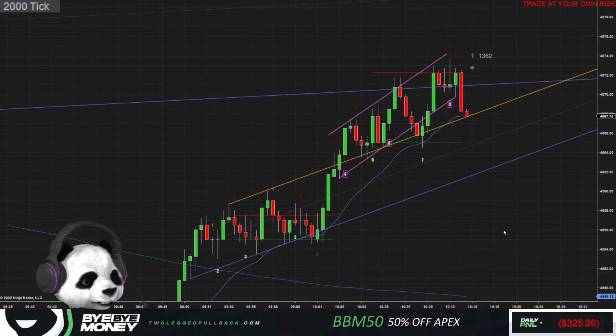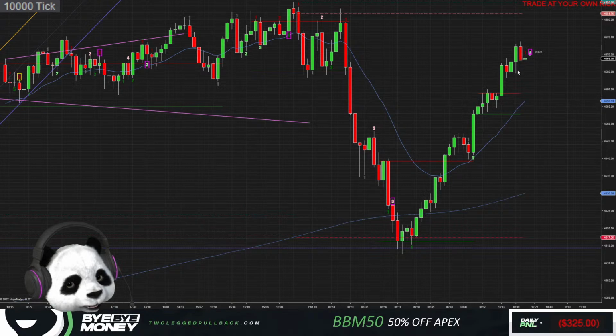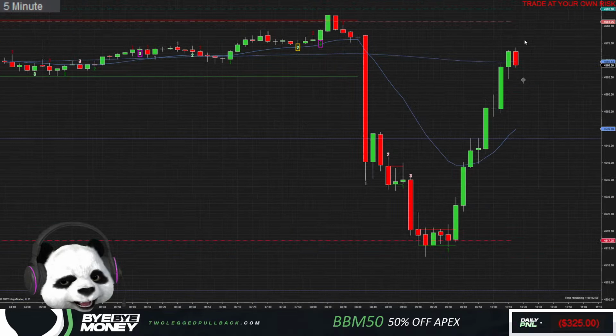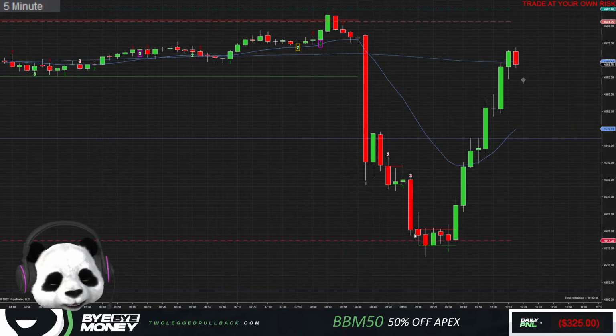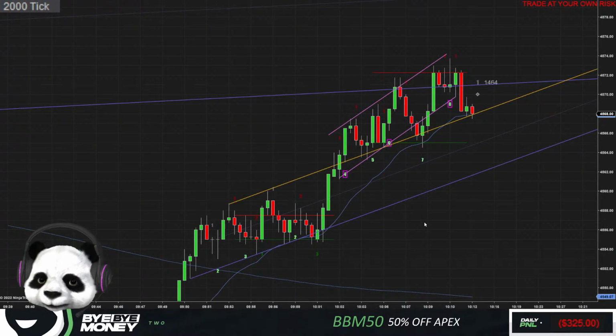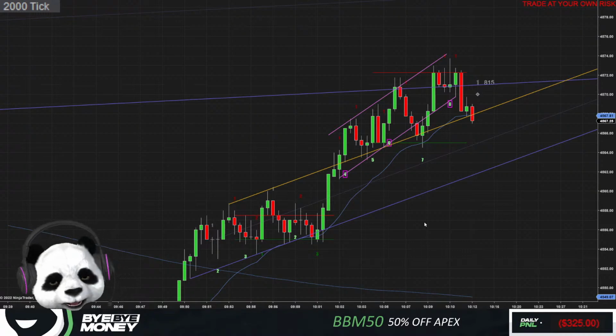We finally trigger reversal on the 10K chart. Finally poked below it. That's the first reversal in this entire uptrend. That's the first time we broke the previous candle's low. On the 5 minute, this entire up move, we have not broken below the previous candle's low yet. This move, technically, I think is stronger than this move here. We're down 300, but it's all good, pandas.